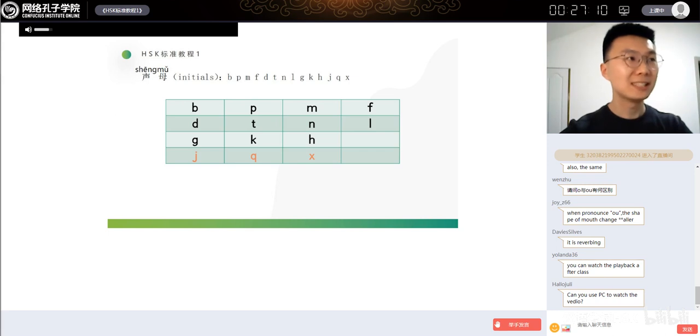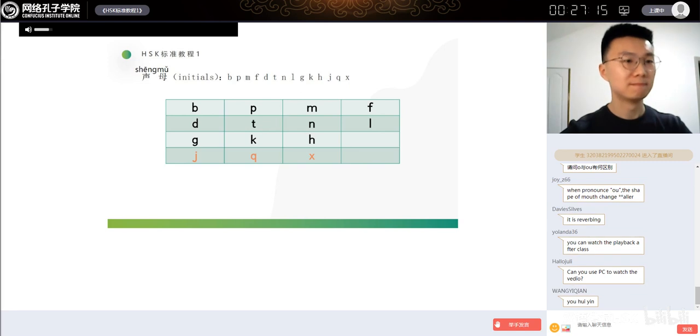Okay, let's try again. 声母一 Initials 1. 波 坡 摸 夫 的 特 呢 了 个 科 和 鸡 七 西